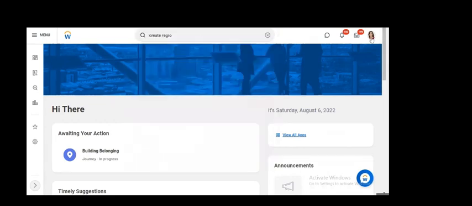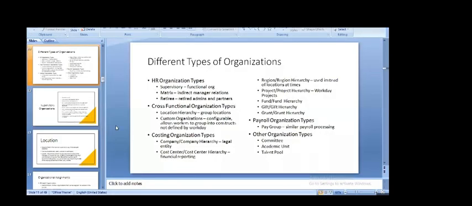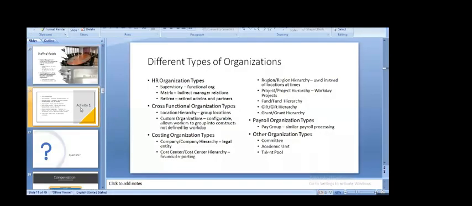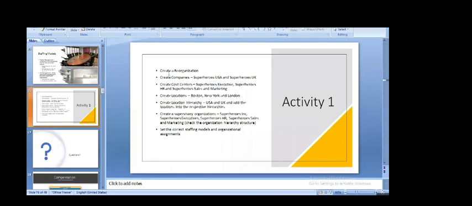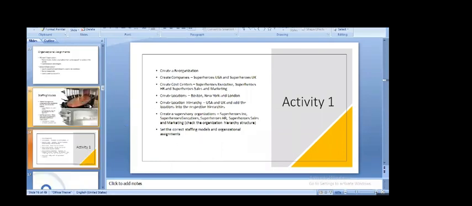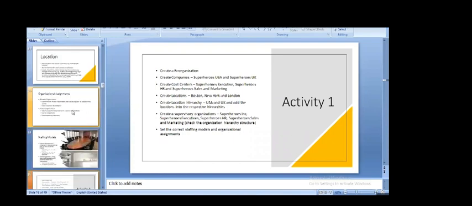This person does not have that security, maybe that's why she's not able to create the region, but this is something which she will be able to do. And we do have an activity based on this later. You are supposed to create companies, create cost centers, create locations and everything. So we would be needing this access. I'll just check it from my end, and I'll inform